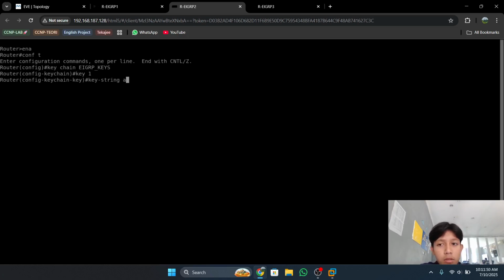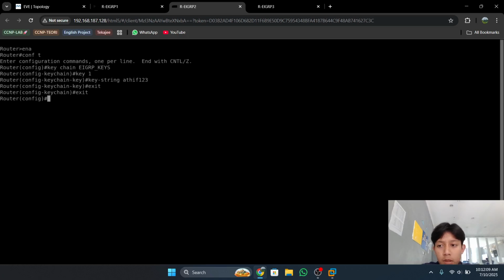Add the same password as router 1, Active123, and exit again. The note is that the password must be identical to router 1.